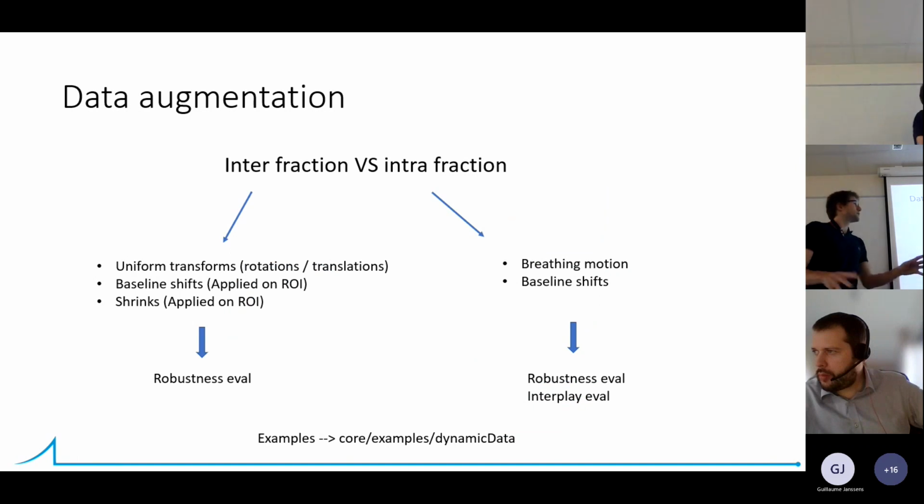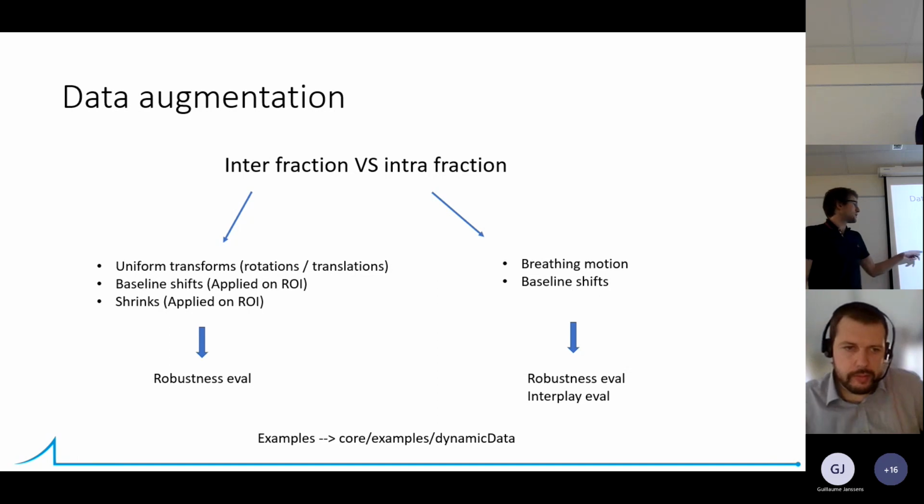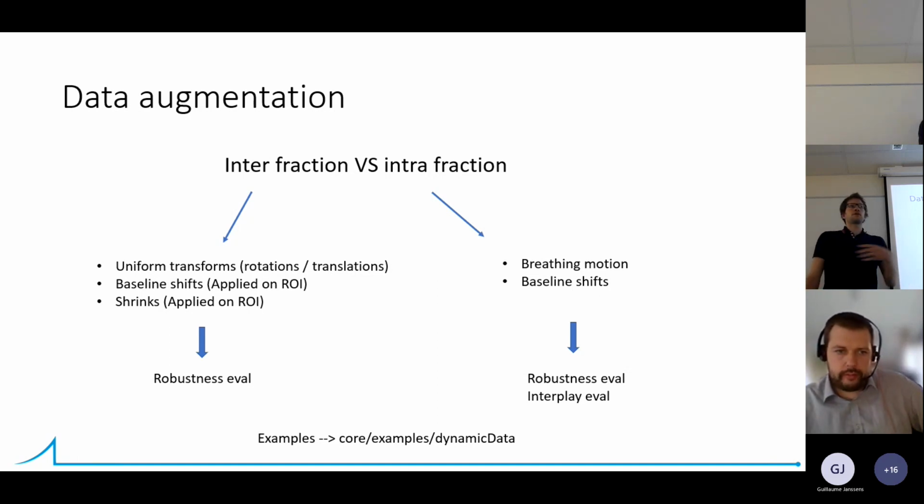So what we want to simulate are the interfraction and intrafraction motions. The interfractions are the uniform transforms, like the setup errors. The patient will be a little bit tilted on the table or translated or things like that. Baseline shift can happen on the target, but also maybe on organs, and shrinks can eventually happen on the